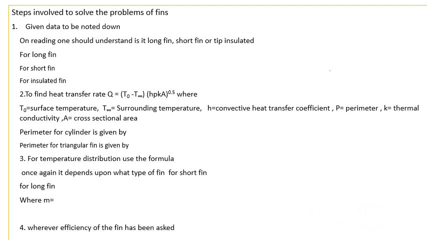The next one asked is the fin efficiency. If you see the handbook, only one formula for the fin efficiency is available. The fin efficiency is given as eta is equal to tanh m into L divided by m into L. So this is a tan hyperbolic function. m is the constant I discussed in the earlier step, L is the length of the fin. So that is in the numerator. In the denominator, we have m into L, and these are the important things to be noted.